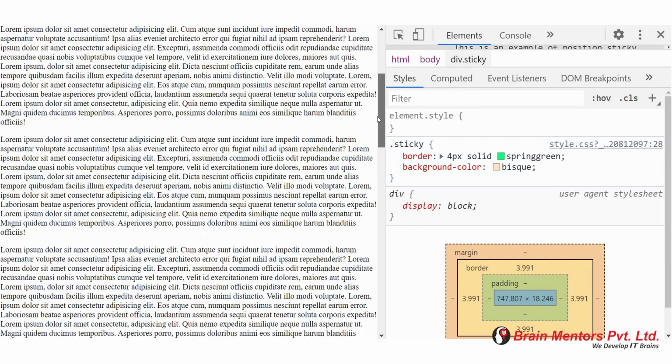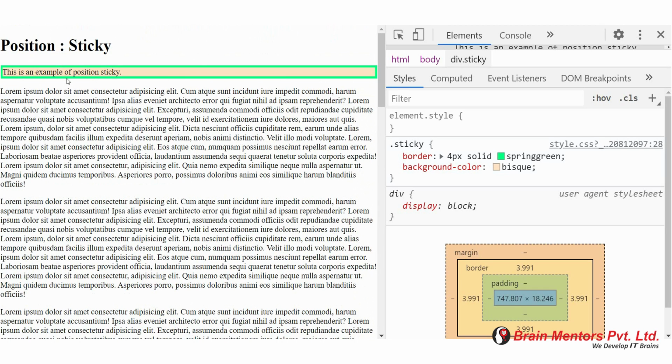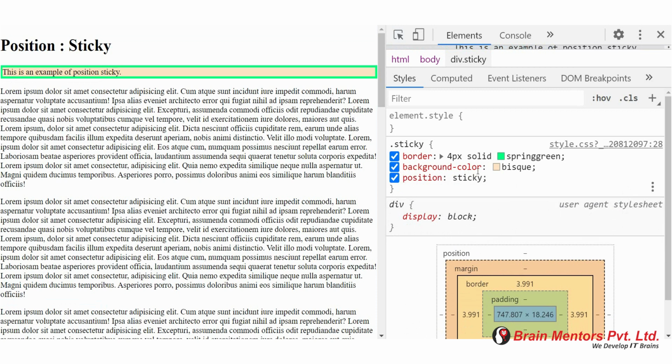And next is position sticky. As you can see here, we have a simple web page. And if we specify position sticky to this green highlighted div element, as you can see it is the same.